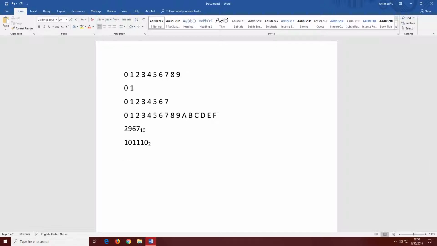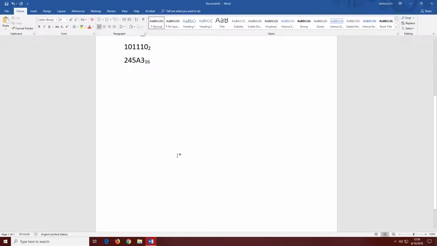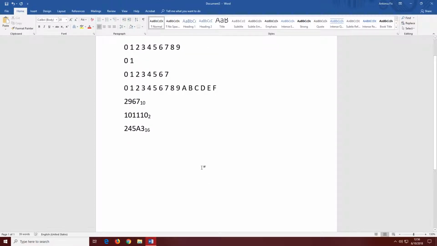The same applies with any other base. It applies also to octal, base 8, and to base 16. So you have 245A3, and this is a hexadecimal number, so you have a little 16 over here. But there are multiple notations you can use. There's one more notation. I don't really like using this one, but you might have seen it before. In Windows, when you get those errors like